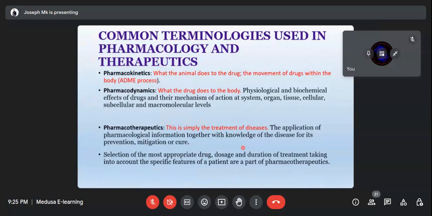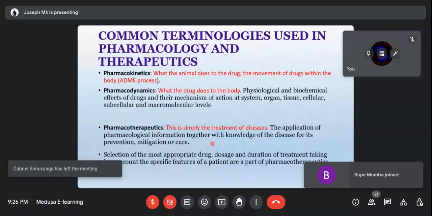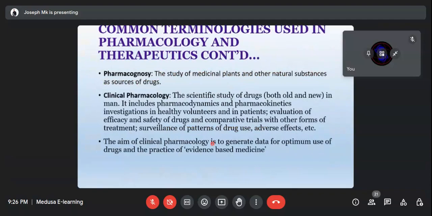If you know the condition they have, that's when you can prescribe a drug that a person can take. Otherwise, if you don't know, you might give a wrong drug to a patient. So it's very much important that you understand the condition and also the drug that you can give to the patient. All right, so we move on.